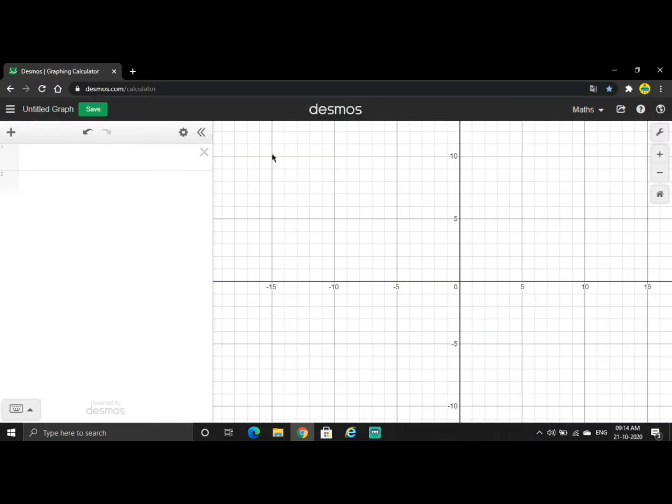Here you can see I have divided this plane into 4 quadrants by choosing this as the reference point, which is called origin. My first question was: locate all the points in the plane such that their y coordinate is equal to 5. So this is the point where the y coordinate is 5. In fact, this is the point where the y coordinate is 5. So all the points on this line, if you see, the y coordinate is 5.